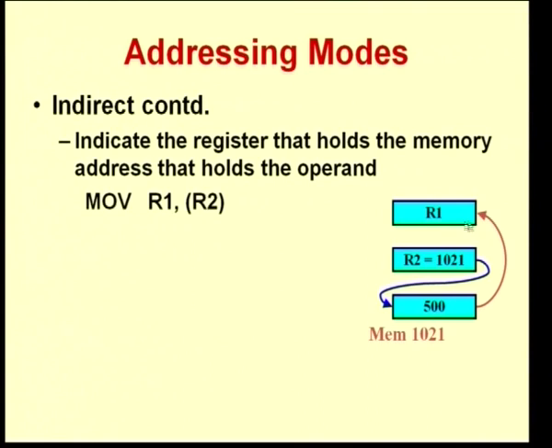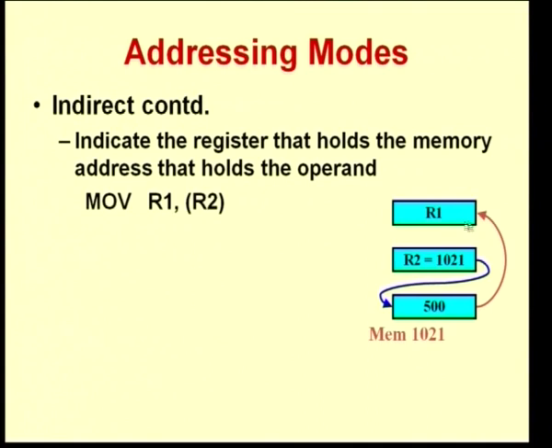Okay. So, what we do here is when you say auto increment, let us say I did move R1 comma R2 plus. Now, I have the same notation as I used earlier within brackets R2, but I have one plus which is added after that. The meaning of this plus is that I would access the contents of this location R2, 1021 is what I would have accessed, and 1021 let us say had 500, therefore, that value 500 will be stored in this register R1, and after that this register value R2 will be incremented, which is what the plus